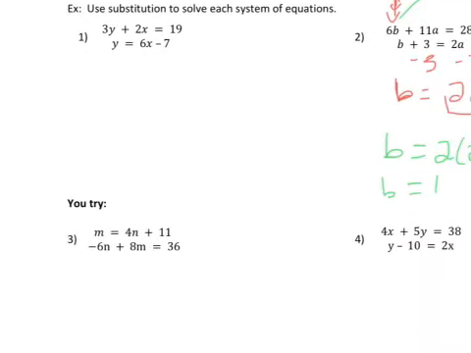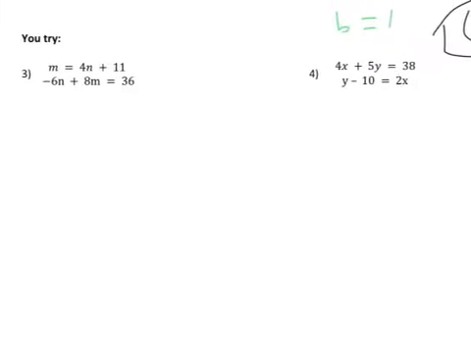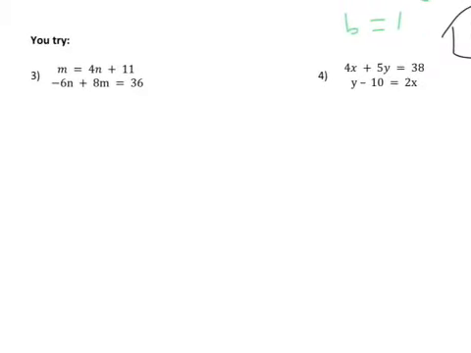Okay, so now that you've got the process down, what I'd like you to do is to try numbers 3 and 4 on your own. Pause the video, and then after you've tried 3, you can restart it. Then try 4, pause the video while you're attempting it,